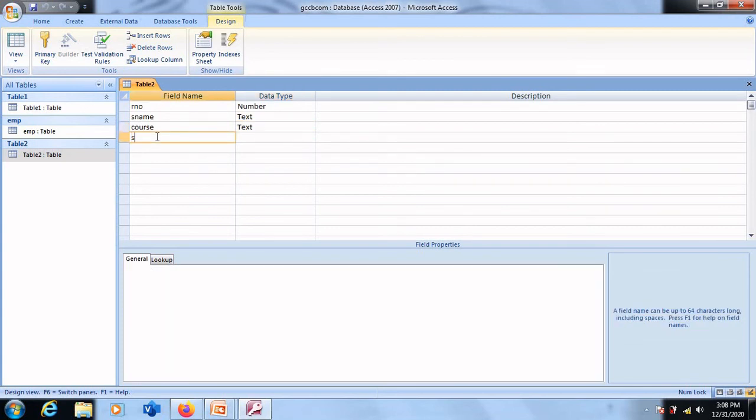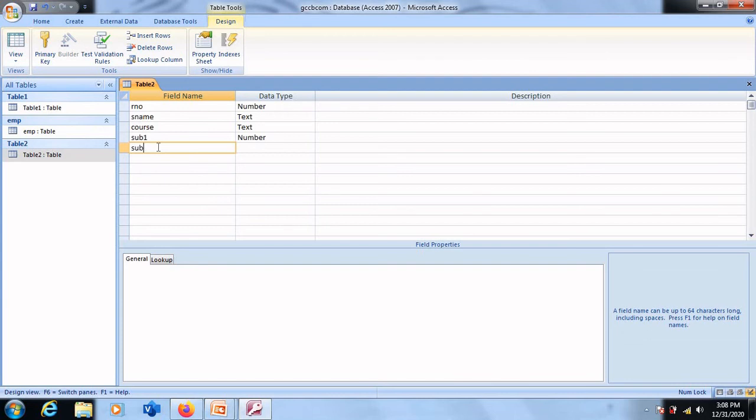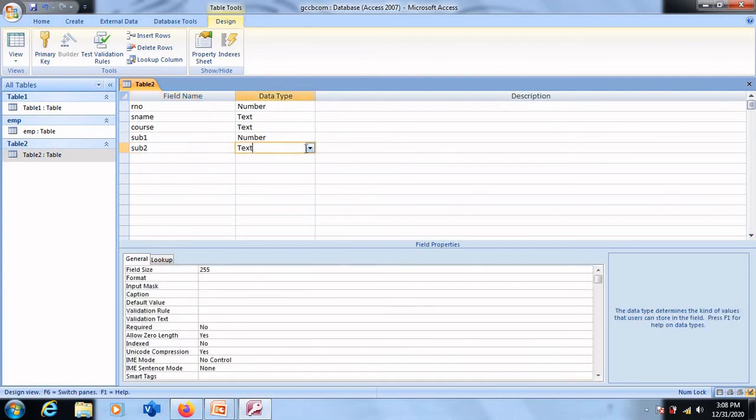Let me add now subject 1. We'll accept marks and will create a field or a column with the name subject 1, and the data type we will select for this is number. We'll have subject 2, and for this as well we will select number.